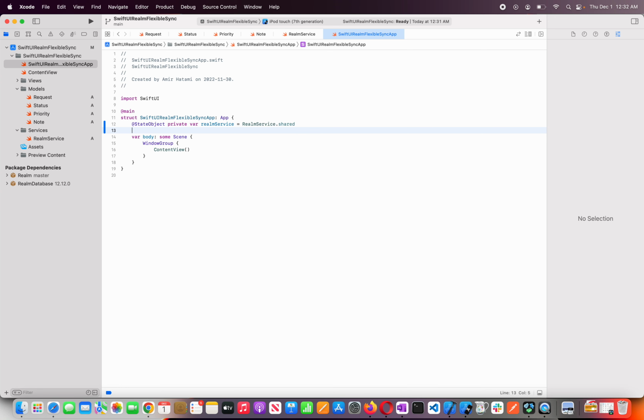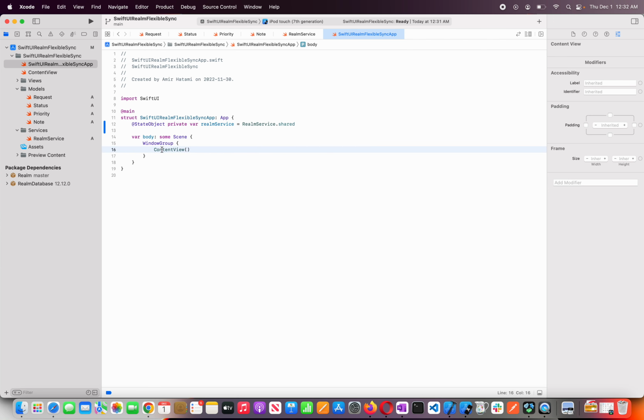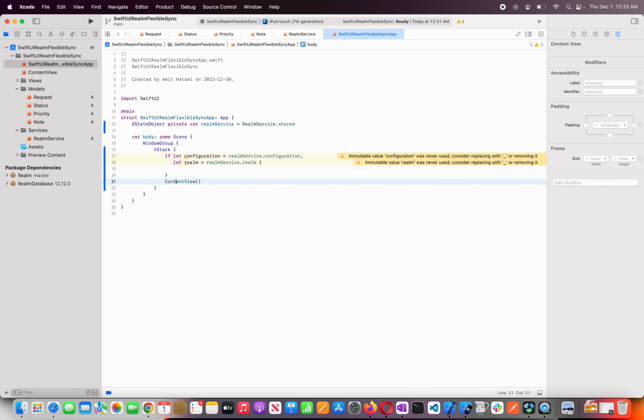In the WindowGroup, let me see if I can embed this in a VStack. Yes, embedded. Here I'm going to say if let configuration equal realmService dot configuration, also let realm. If you remember, they both were optional, so if I could unwrap these, then I can call my content view